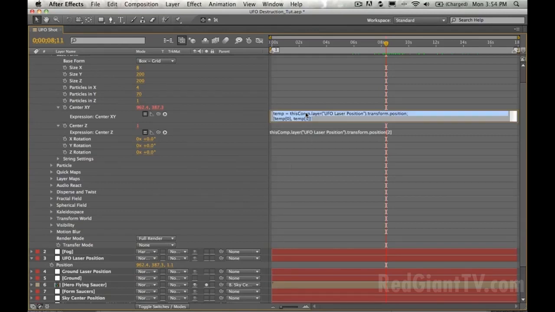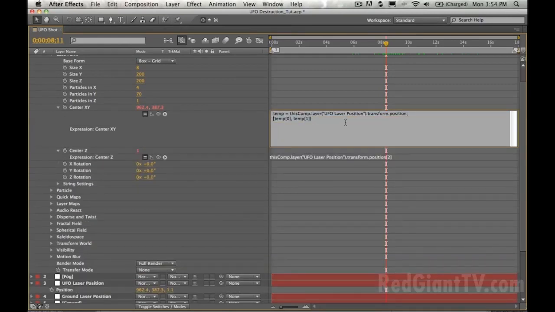So let's look at our expression here. So set up a temp variable, which is equal to the position, which is an X and Y value. And then we are dropping that temp X, which is 0, and Y, which is 1, into the value of center XY. So I just want to modify a little bit this temp1 variable. So up here, I'm going to say Y is equal to